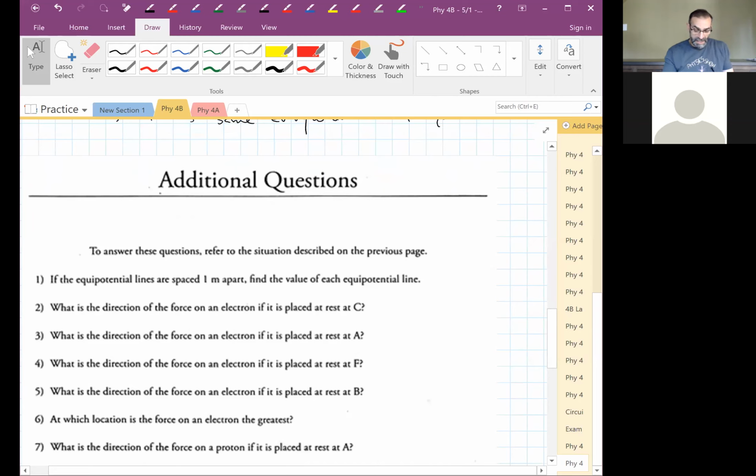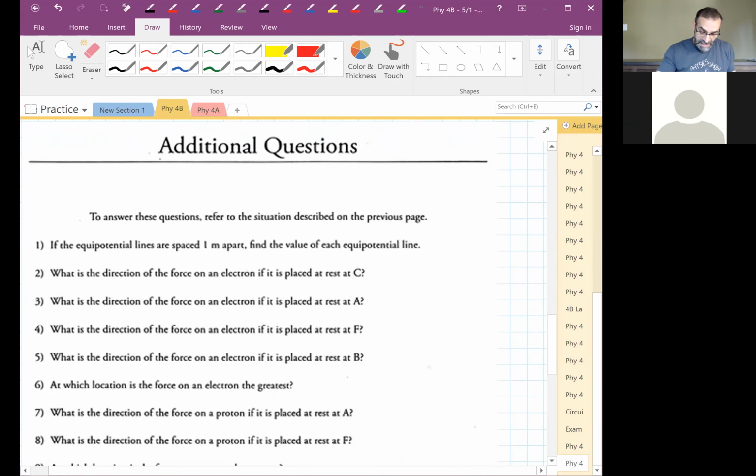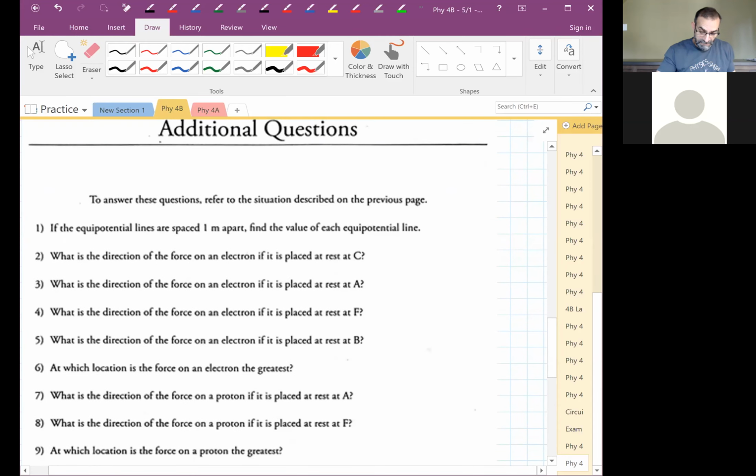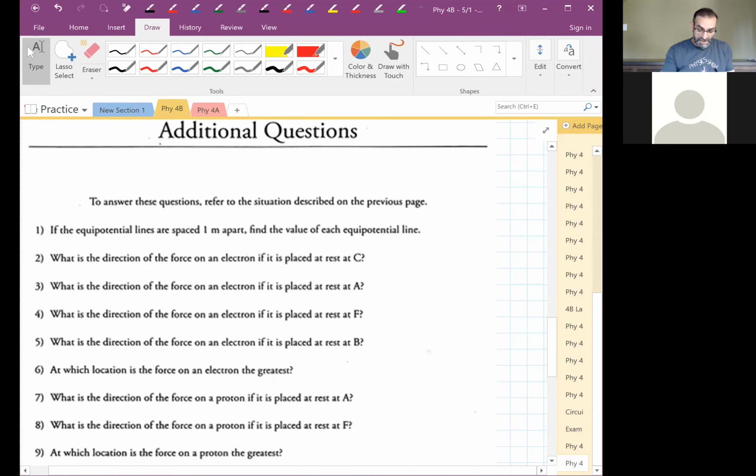How about a proton placed at position A? To the right, all right. Proton's positive, it goes in the direction of the electric field, okay. Same at position F, okay. Which location is the force on the proton the greatest? It's the same everywhere, right? Okay. How about